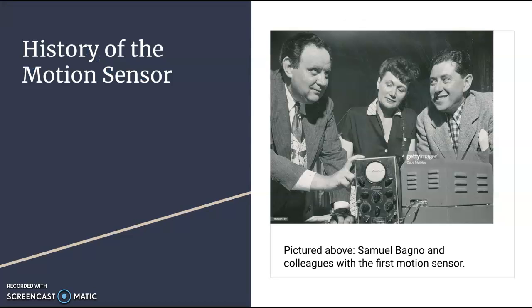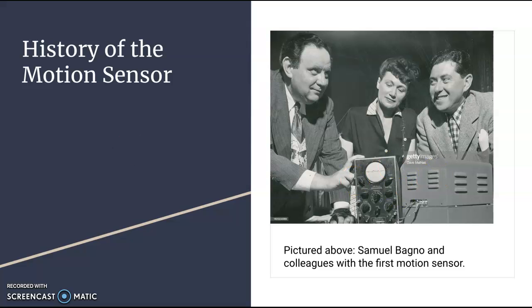History of the motion sensor. The motion sensor was invented in the 1940s by Samuel Bagneux. It was not released until the year 1950. Bagneux, a seasoned veteran of the military, incorporated ultrasonic waves and the Doppler effect into his technology to make this possible. Pictured here is Samuel Bagneux and his colleagues and the first motion sensor,